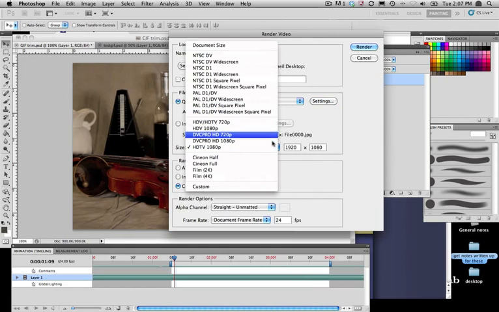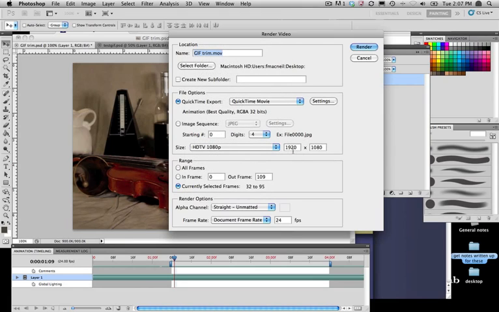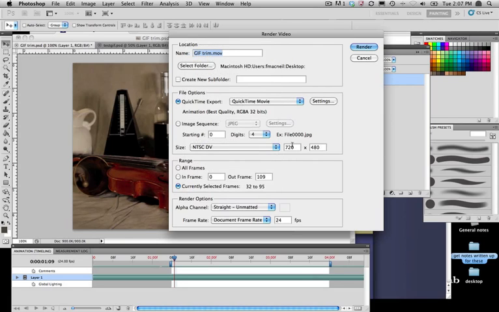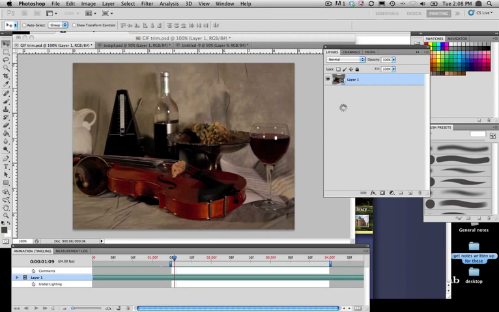Now I have done a little bit of investigation and we actually cannot process 1920 by 1080 in the GIF format. So what I'm going to suggest is probably NTSC DV and just go with the 720 by 480, and we'll see how it performs on the big screen, and if necessary, you know, we can change the settings and resample it later. So go give it a new name, so I'm going to give it the name GIF trim PS,